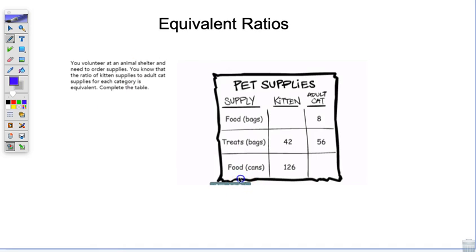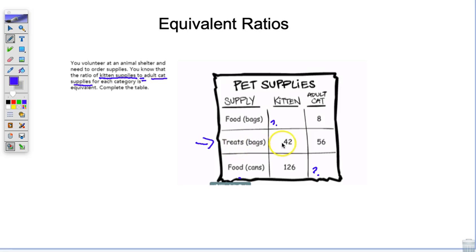Let's look at an example where we need to find some missing values in a table. So you can see this value is missing and so is this one. You volunteer at an animal shelter and need to order supplies. You know that the ratio of kitten supplies to adult cat supplies for each category is equivalent. So let's complete the table. Let's look at the